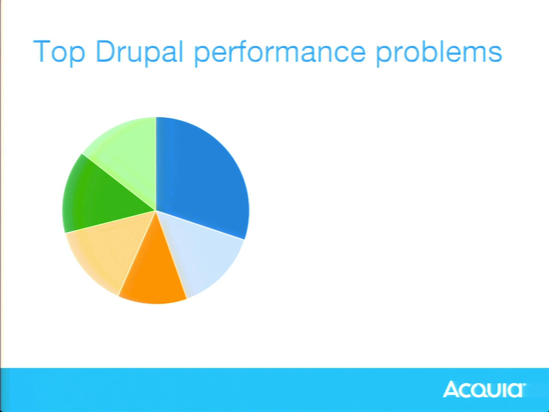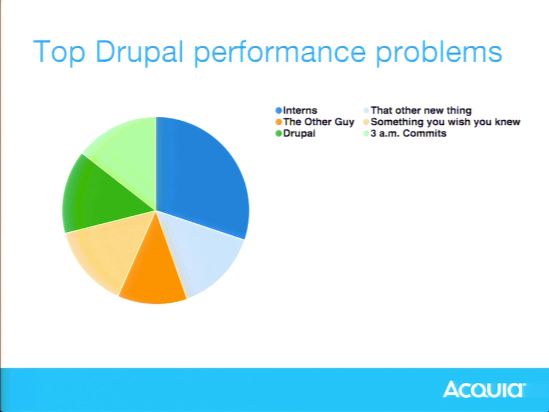So I think this is probably the least important slide of the entire session for everyone. But this is how I think every performance talk starts out. So obviously these are very statistically accurate reasons for Drupal to have bad performance. And 3 a.m. is a very good reason for that. Interns, the first Drupal project, I think everyone's first Drupal project, let's be honest, was probably horrible. Myself, I definitely included. And there's always someone's first Drupal project.